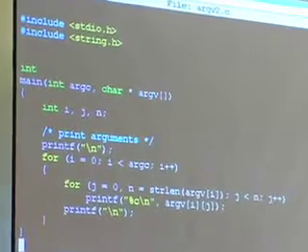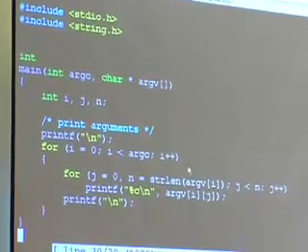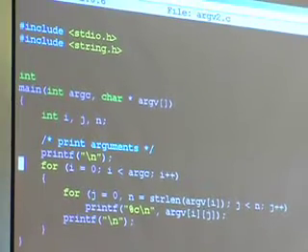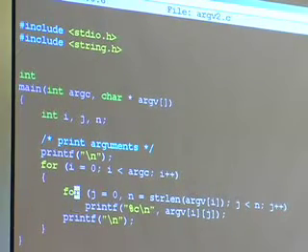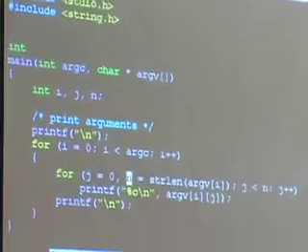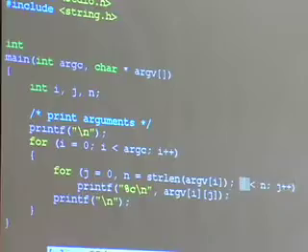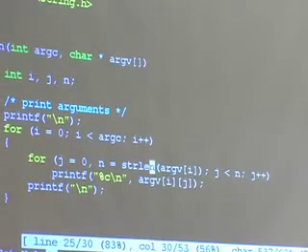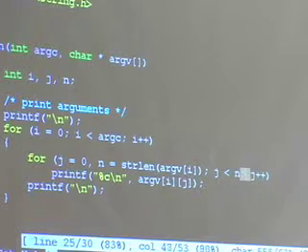So if we take a look at this code, notice that this time I'm again iterating over each of the arguments, the command line arguments. But then I have this nested loop, which has a different iterating variable, j. Notice that I'm iterating now from j up to n. But what's n? Well, it's the length of the ith argument. j++ on each iteration is my update. And then what am I doing here?